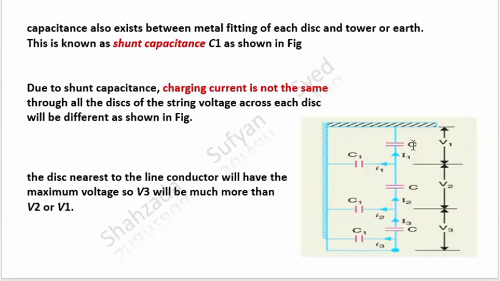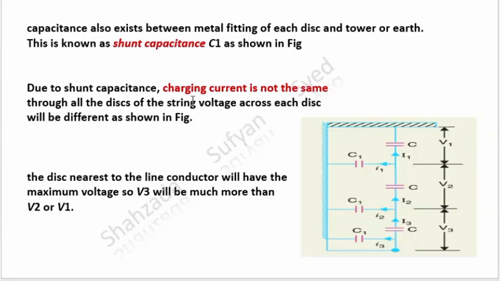Here you can see, in addition to the previous diagram, we have these three capacitances which are in shunt as compared to these three series capacitances,